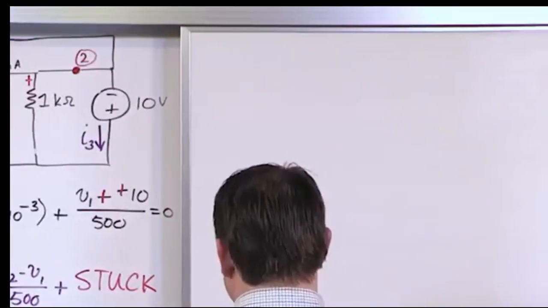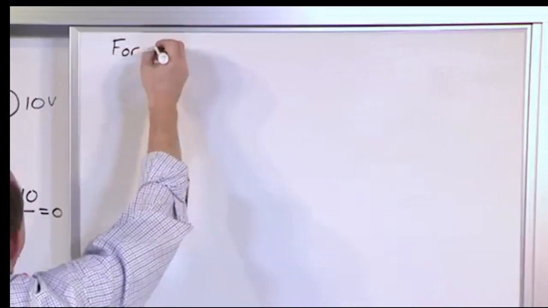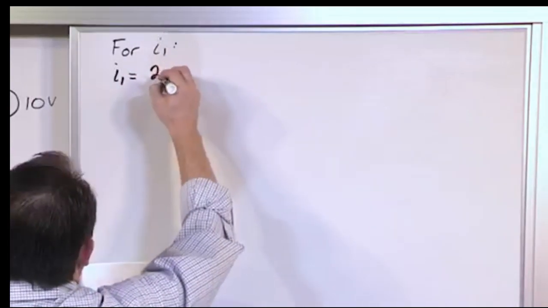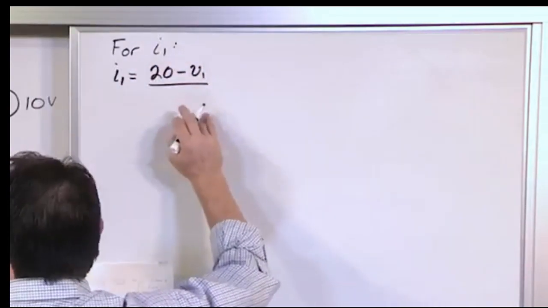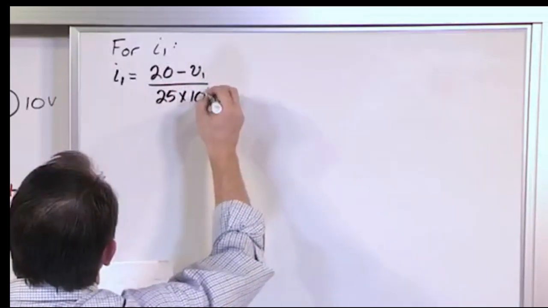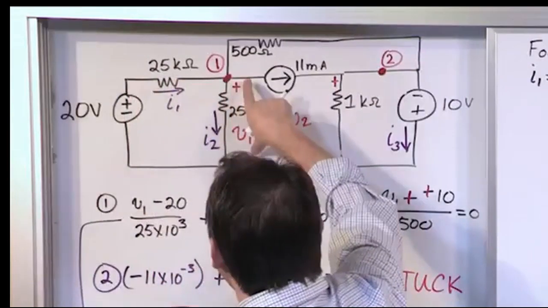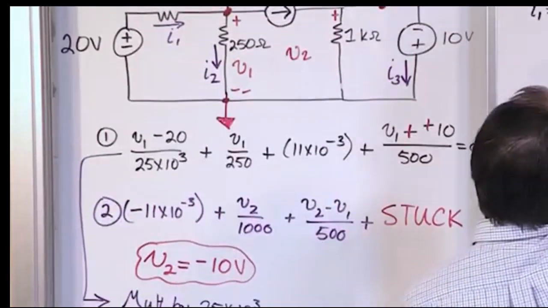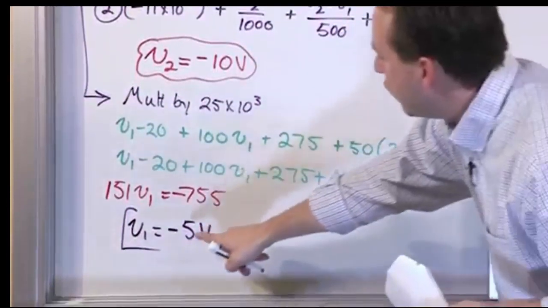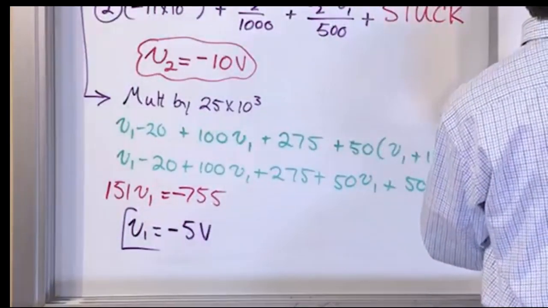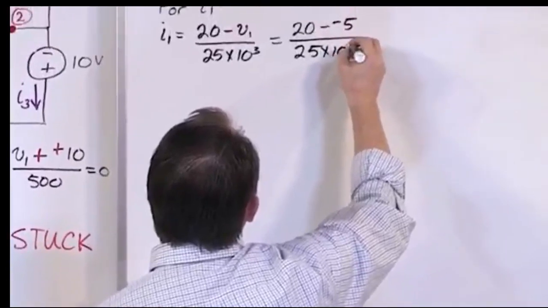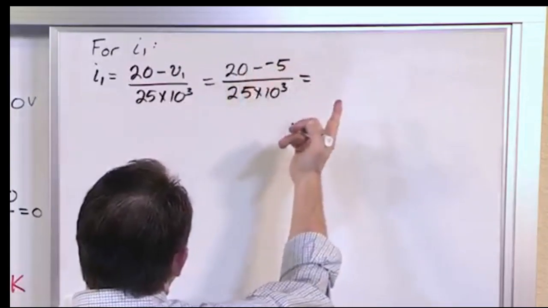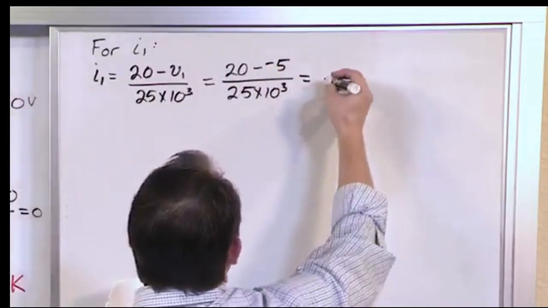So what we're really going to have here for I sub 1 is going to be equal to 20 minus V sub 1 over the resistance, 25 times 10 to the 3. I'm taking 20, I'm subtracting this voltage from it, that's going to give me the current flowing this direction divided by R, V over R. Now, the only catch here is minus V1 is a negative number, so you get negative 5 over 25 times 10 to the 3. But this is okay because this is basically just 25, right? If you take minus negative 5, it's going to be a plus, so 25 divided by this, then what you're going to get